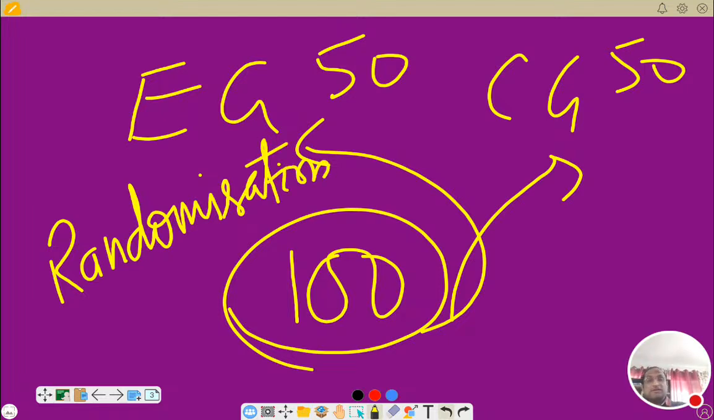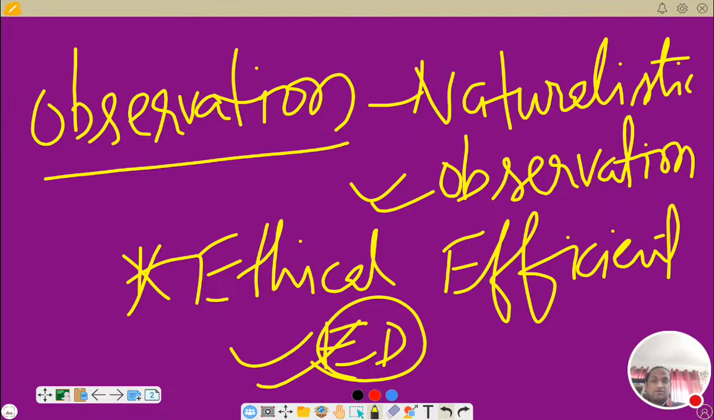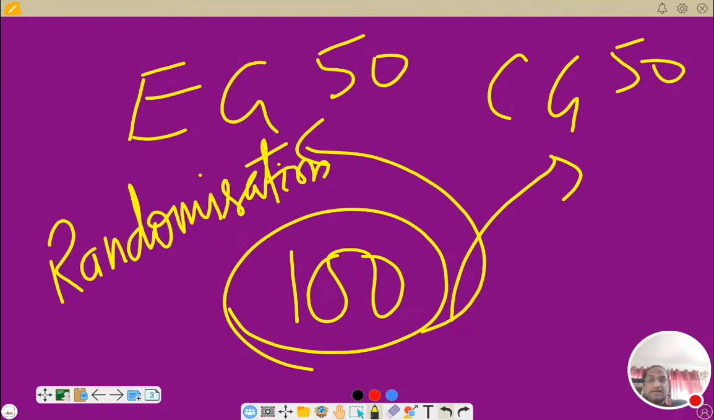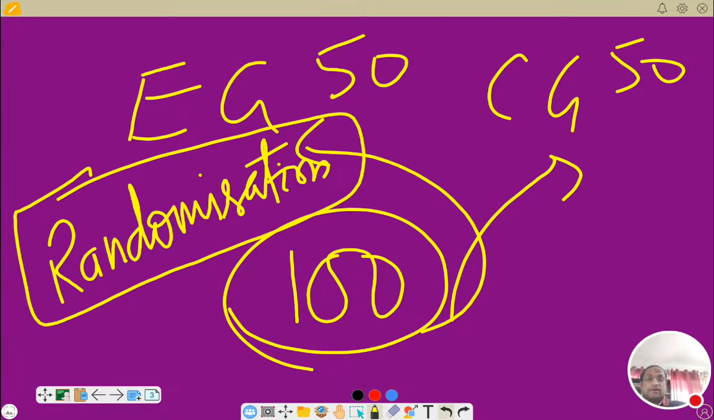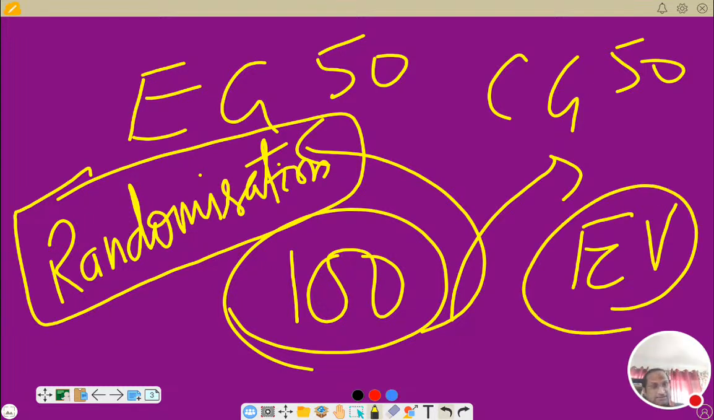But what happens in quasi-experimental design, QED, this randomization is not possible. And since this randomization is not possible, the control of EV is negligible. Since the control of EV is not there, it is not possible to restrict the external variable. That is why it is important that we follow